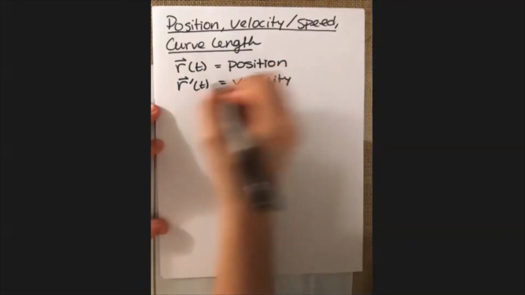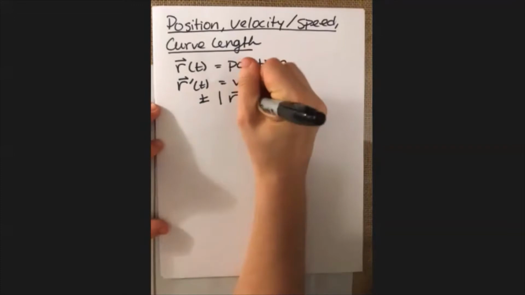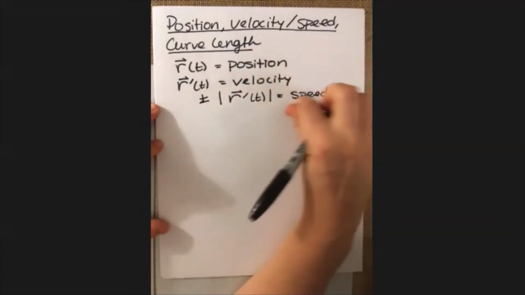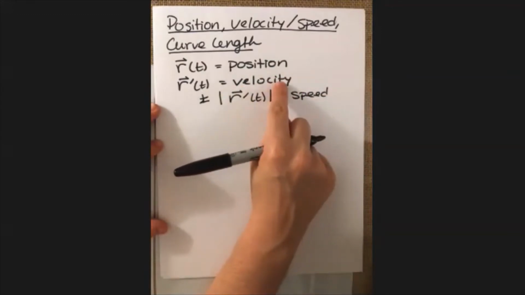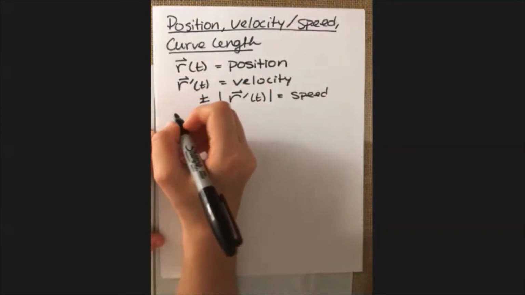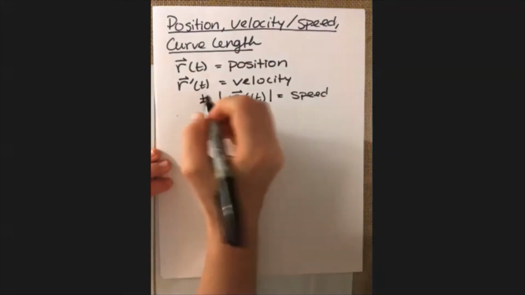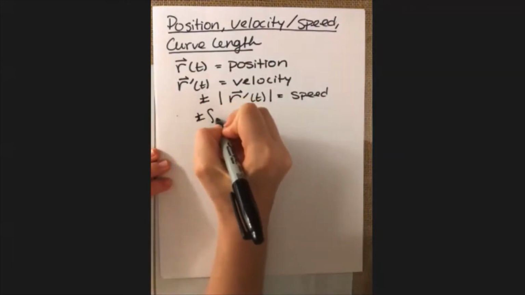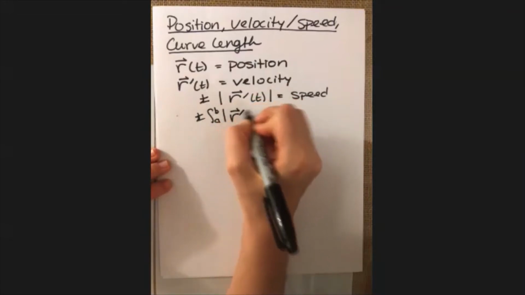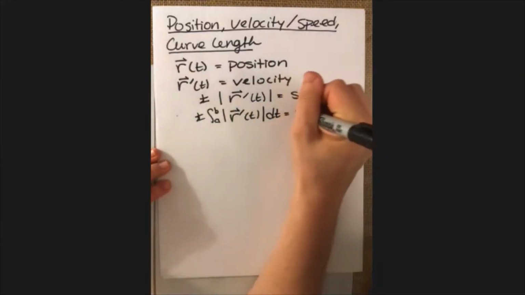And so the length of that derivative is going to give you speed, since speed is really just the magnitude portion of velocity. So one thing we can do with this is get a total distance traveled over a certain amount of time by taking the integral from a to b of the length of r prime of t dt. So that's your distance